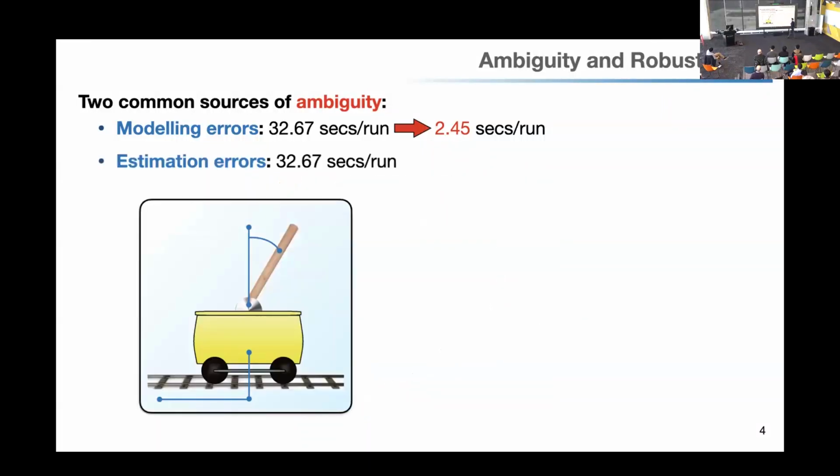A second major source of ambiguity is estimation errors. In this framework of Markov decision processes, we assume that we know the transition kernel that describes these one-step dynamics. In reality, that's typically not the case. This object, the transition kernel, has to be estimated from data. And whenever we estimate objects from data, we normally incur an estimation error. And we know that estimation errors tend to get amplified if we use the output of an estimation as an